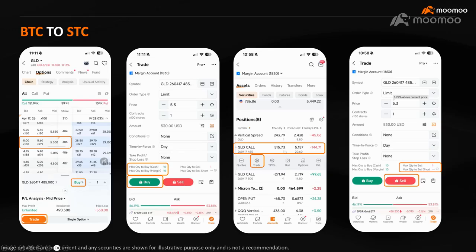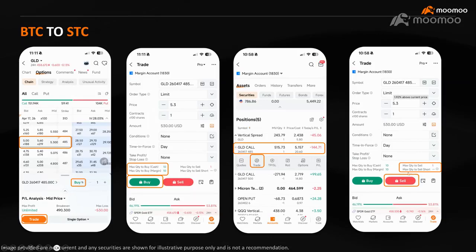In this case, because you want to sell to close, they will show you how many contracts you have. I bought one contract, right? If I want to close this position, I just click trade, and the maximum quantity to sell is 1. Then I just click sell. So this is sell to close. Remember this. Don't click the wrong button. You buy to open, then sell to close. Some people treat it like a stock.